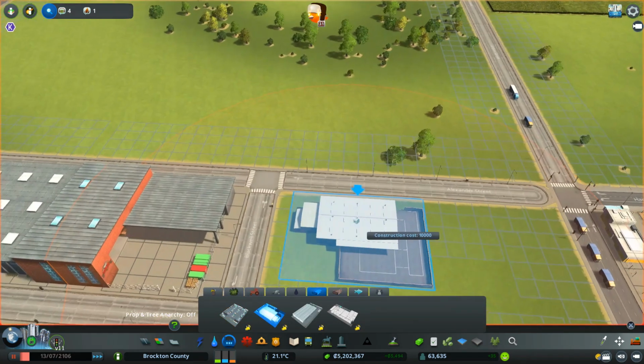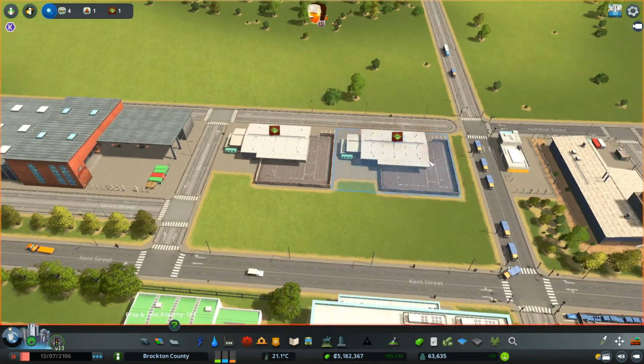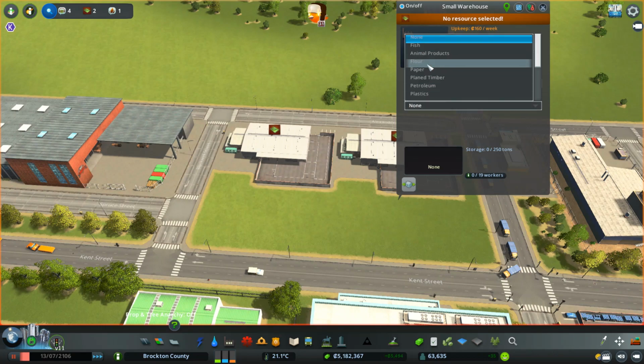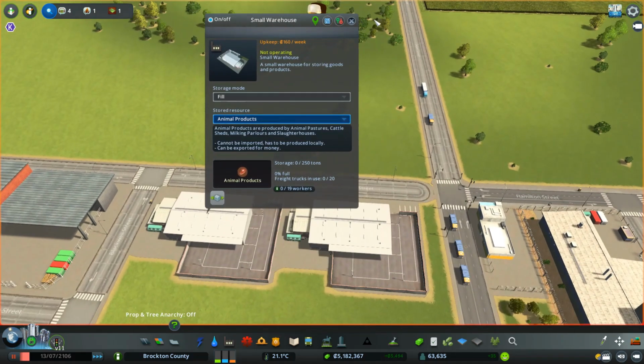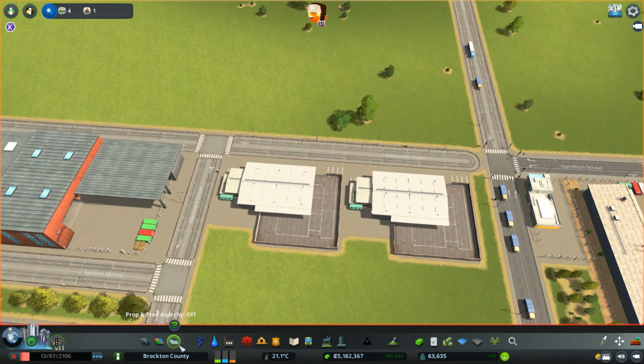All right, so we'll get 2 right here like that. And this is going to be on fill, and it's going to be on flour. And we're going to put this on fill, and it's going to be for animal products. All right. And then